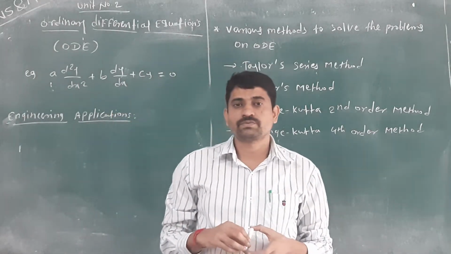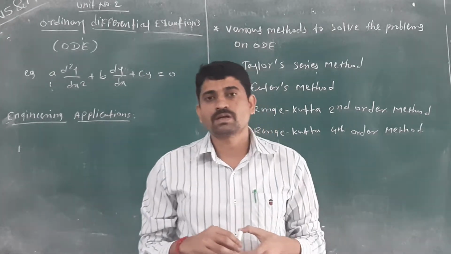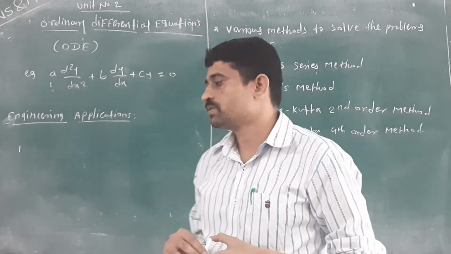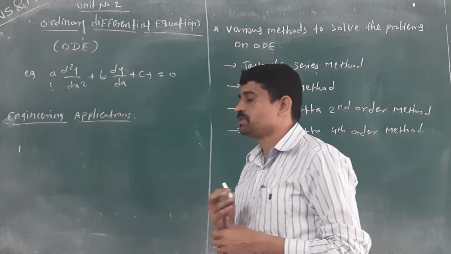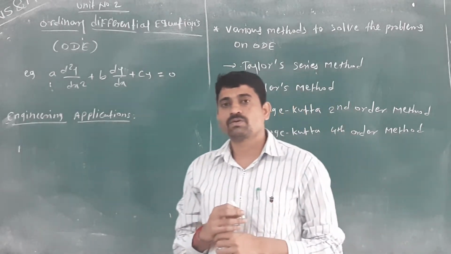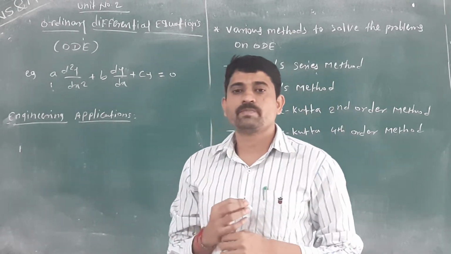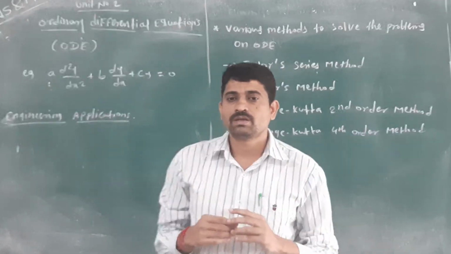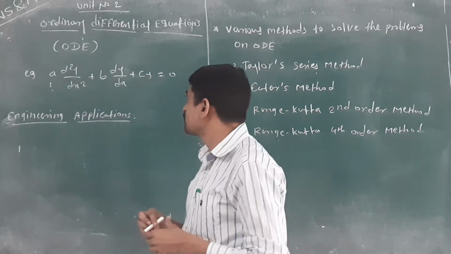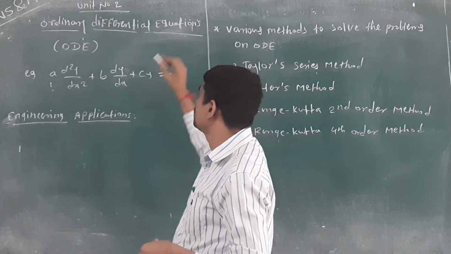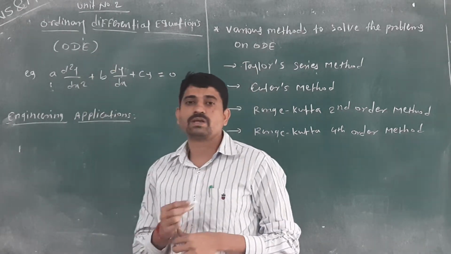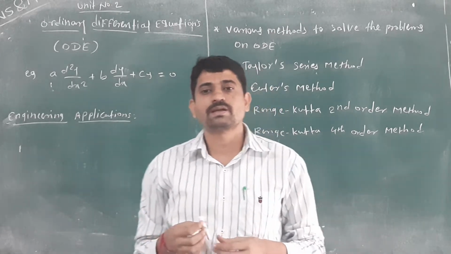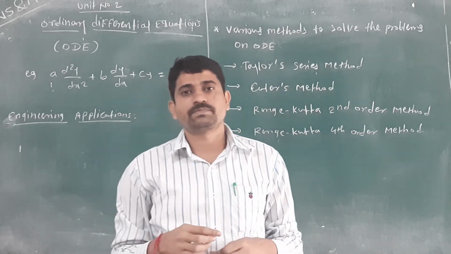In the last lecture, we have seen the tridiagonal limits. We have completed that first unit. Today, we will go on to the next unit, unit number 2. What is unit number 2? You have it in your syllabus: the ordinary differential equation, the ODE.